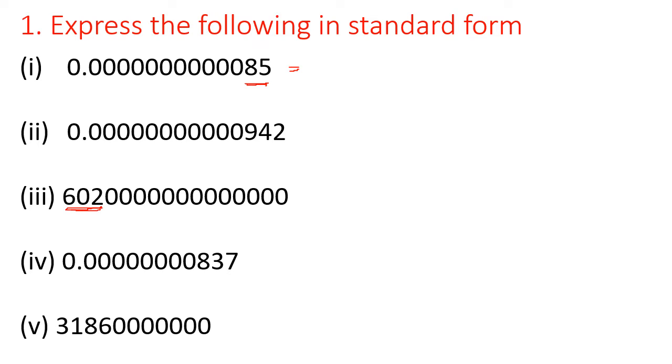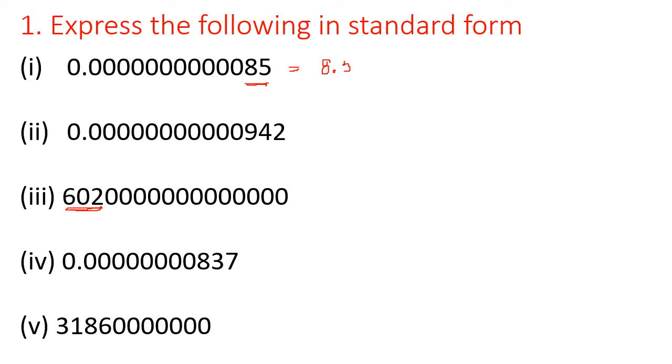So if there is a zero between non-zero digits, that zero has to be mentioned. Shifting the decimal place towards the right gives a negative integer and shifting towards the left will give us a positive integer. So we have got this 85, which we will write as